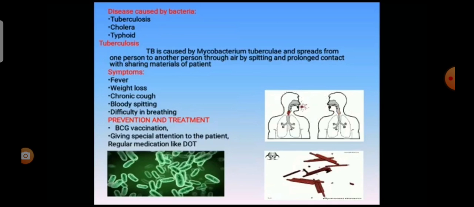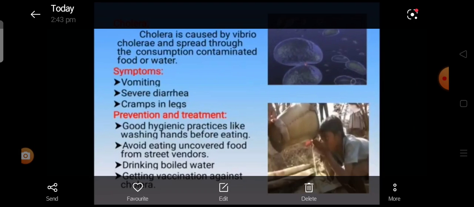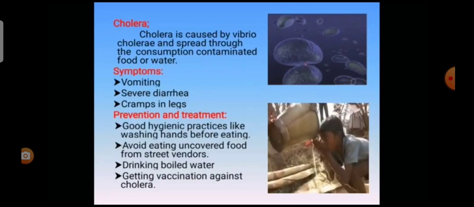How to prevent and treat tuberculosis? BCG vaccination, giving special attention to the patient, regular medication like DOT. The next one is cholera. Cholera is caused by Vibrio cholerae and is spread through the consumption of contaminated food or water. The symptoms for cholera are vomiting, severe diarrhea,